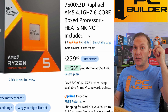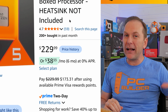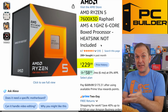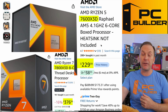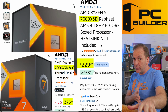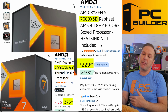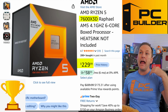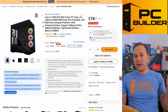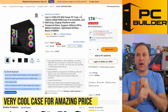These CPUs are significantly more performative than the 9600X or any non-X3D CPU out there. Get this, it's very, very close to the 7800X3D at a fraction of its price. Now, we may even see the 7800X3D come down to a silly low price. If so, you could always grab that. But again, I would pick this deal up right now because this is an all-time low price right now at $229. For the rest of the platform, now I went ahead and switched out your PC case to the Lian